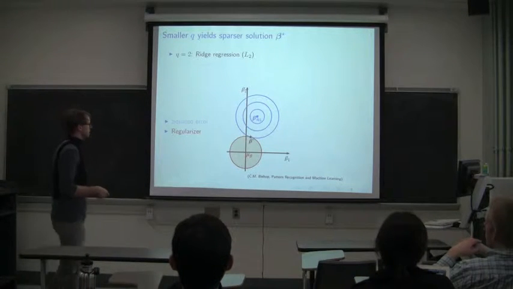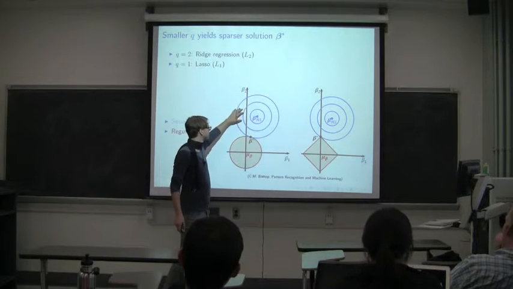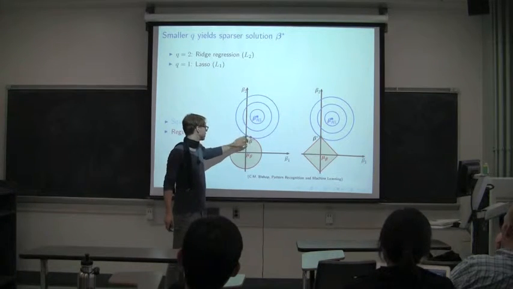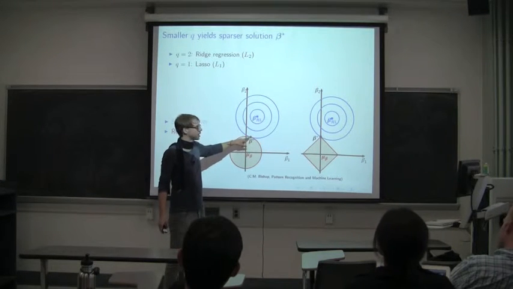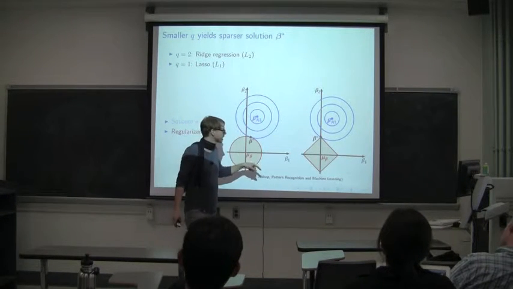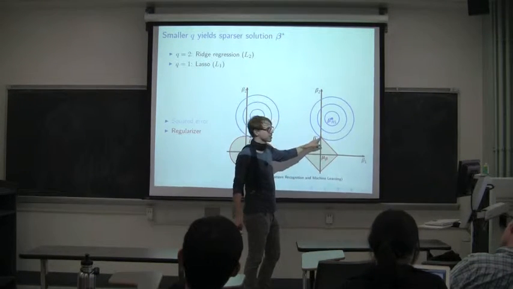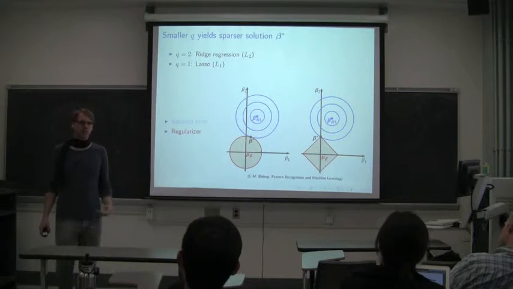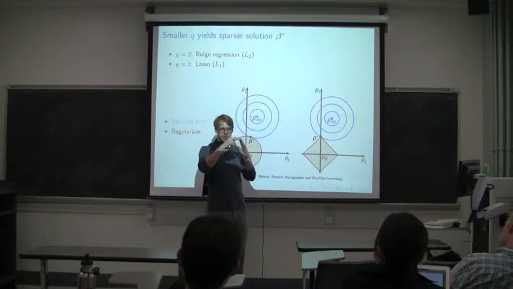And this explains intuitively why this is the case. If we compare the level sets of the squared error with those of the regularizer, we see that for larger q, they typically meet somewhere off the axis, whereas for these sparse regularization methods, they often meet on the axis. So the optimal solutions usually lie somewhere on this sort of diamond